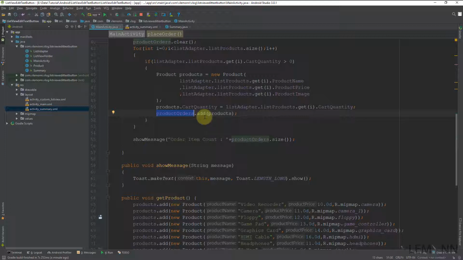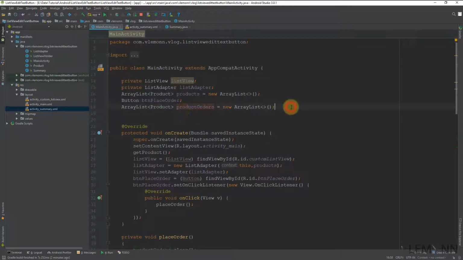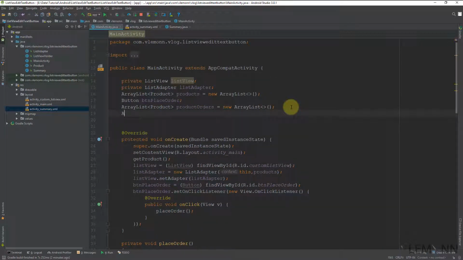For creating a JSON array, we are first going to convert each product inside product order into a JSON object, and then we are going to store each JSON object inside a string array list. So for this, let me first create a string array list. ArrayList, I'm going to say string,